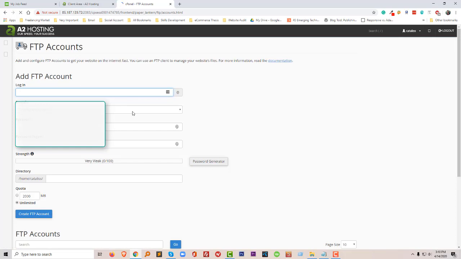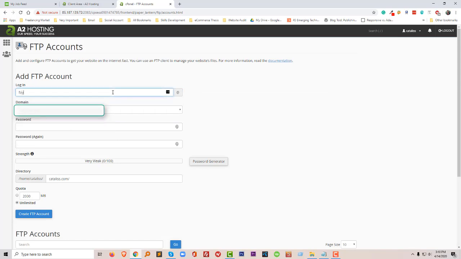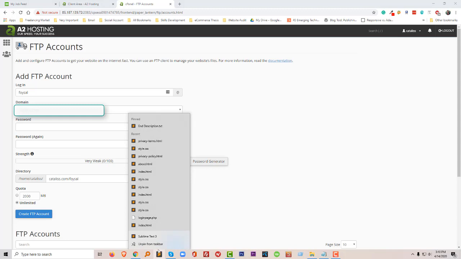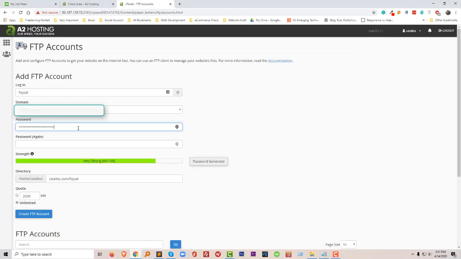So now I want to create an FTP account for a website. For example, I wanted to create an FTP account for this website, and first of all I have to put a username. So I'm going to put my name. Then I have to put a password. So to create a password, I'm going to add a new password. So I'm going to add this password,